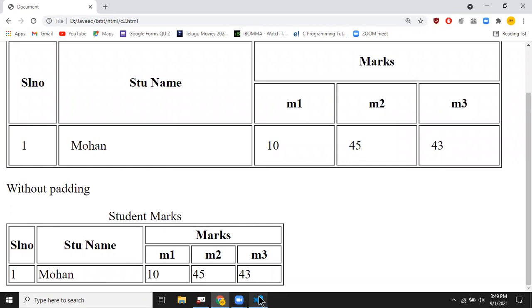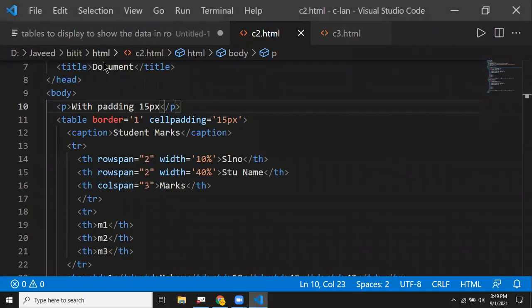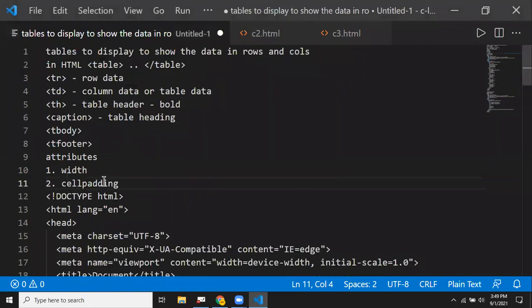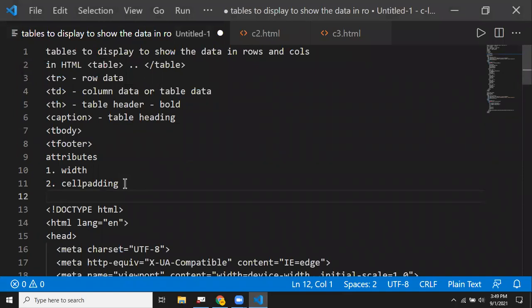Then we have one more attribute, which we call cell spacing. Let's see what this cell spacing is going to be.